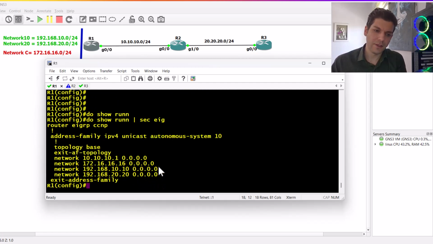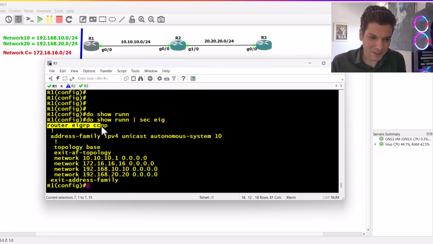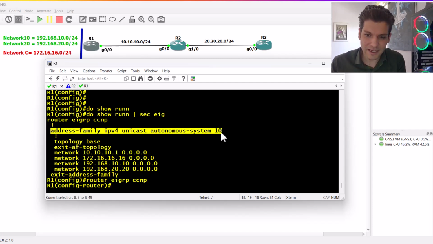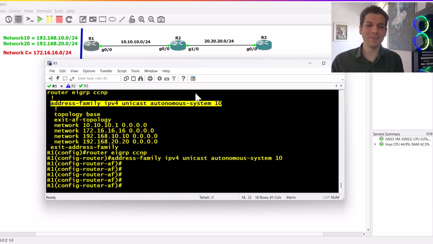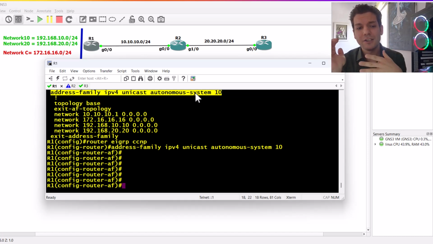EIGRP. I'm lazier than typing the commands again, so I'm going to copy and paste. Router EIGRP CCNP and address family IPv4 with ASN number 10. Okay, after getting to EIGRP configuration, listen guys, because we configured EIGRP named mode, if we configure EIGRP in classic